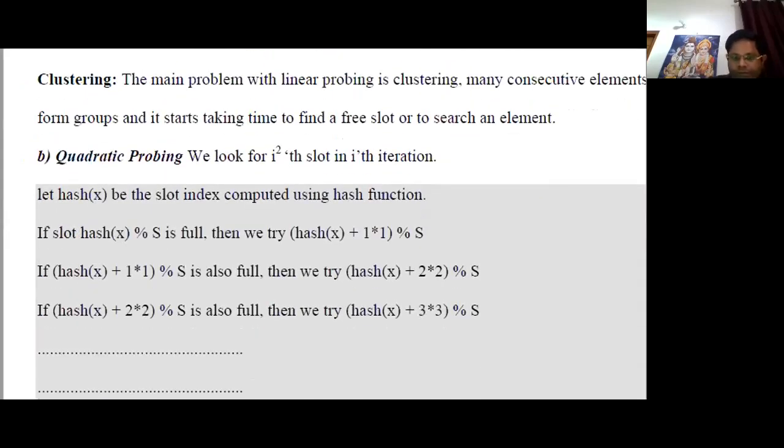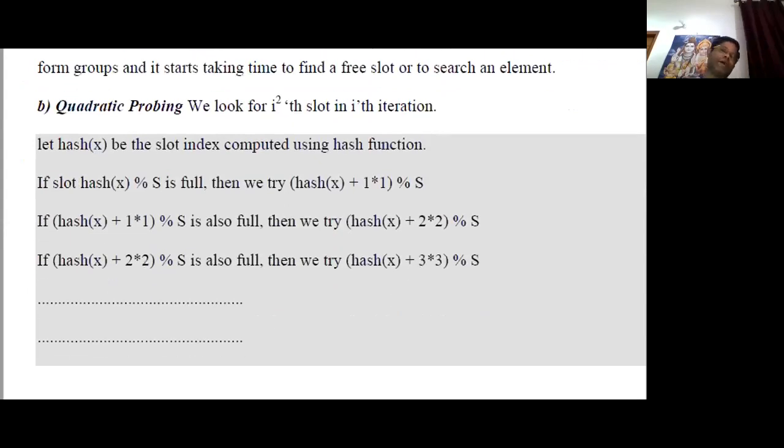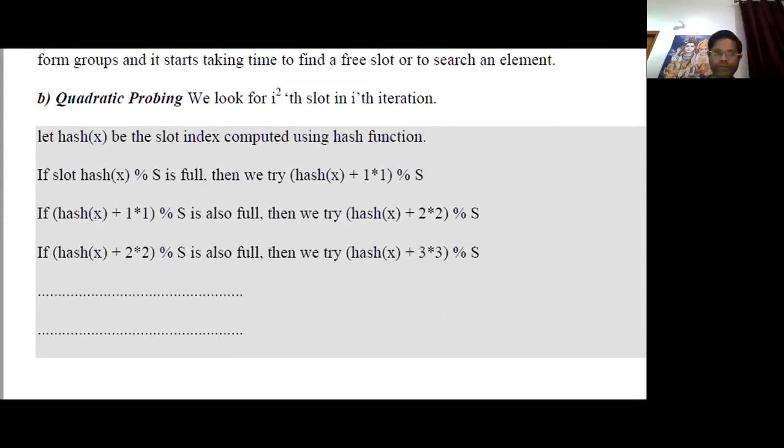Now the next type of addressing is quadratic probing. In quadratic probing, we look for the i square slot. Here i means the indices, and we start indices from 0: i equal to 0, i equal to 1, i equal to 2, i equal to 3, and so on.